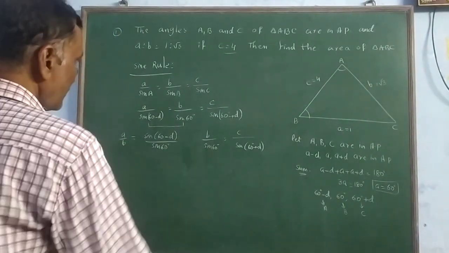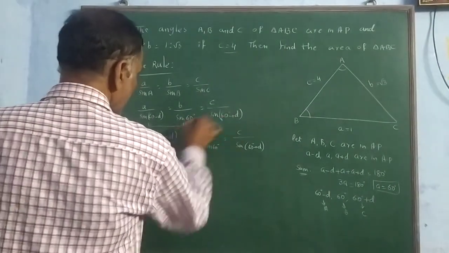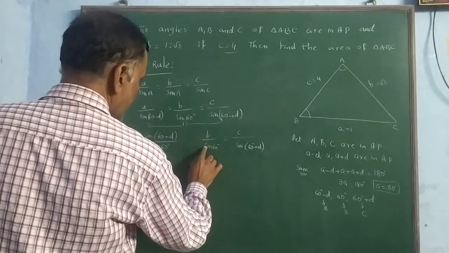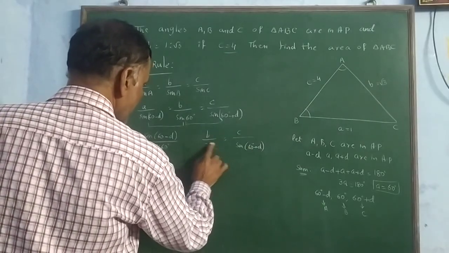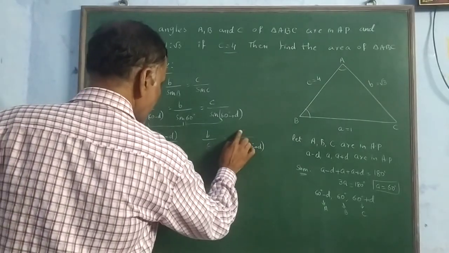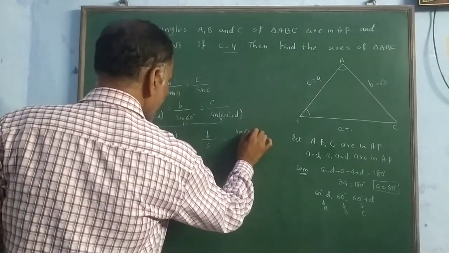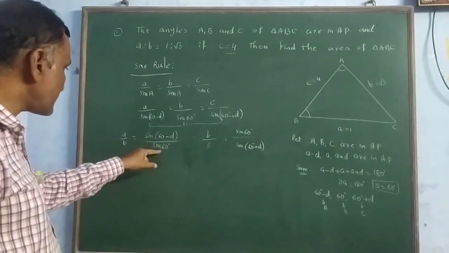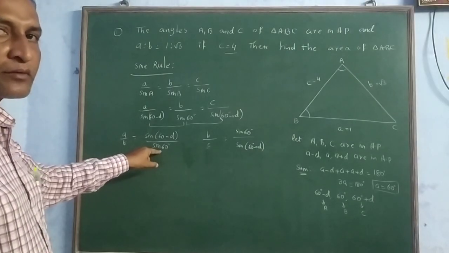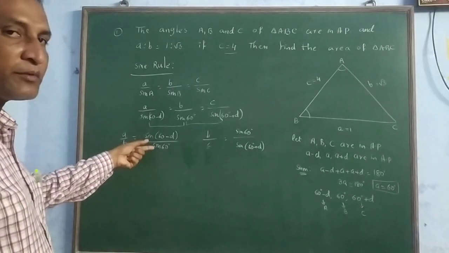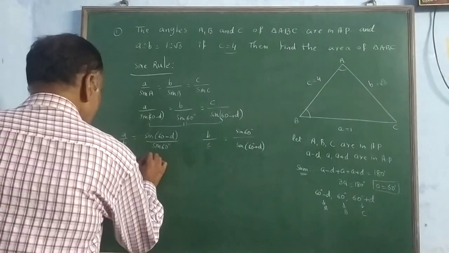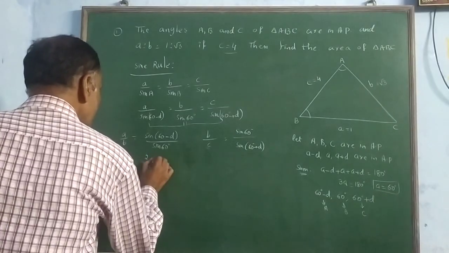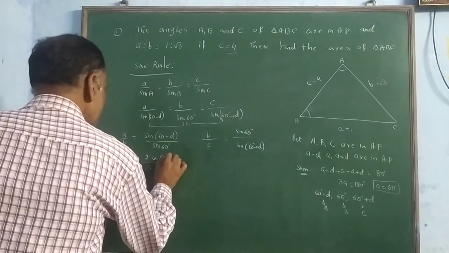Here these two we can take. So the cross multiplication, c transposed here, sin 60 here. Sin 60 degrees value, how much? Root 3 by 2. Root 3 by 2 reciprocal is 2 by root 3. Here 2 by root 3 sin of 60 minus D